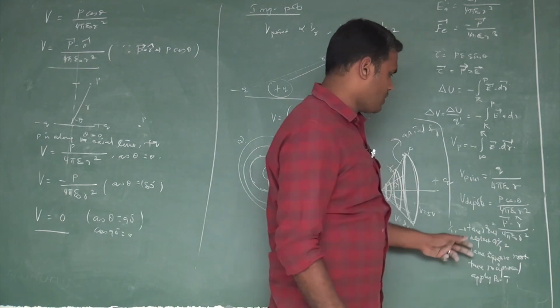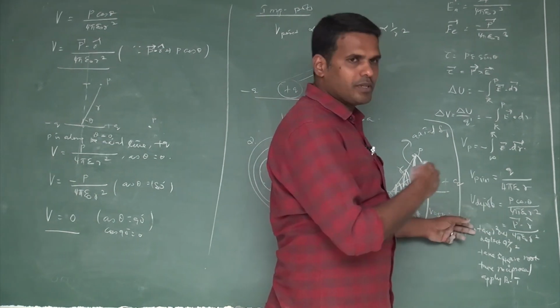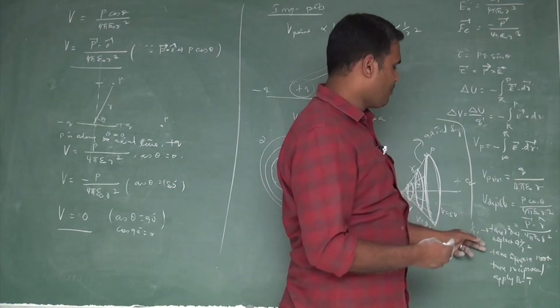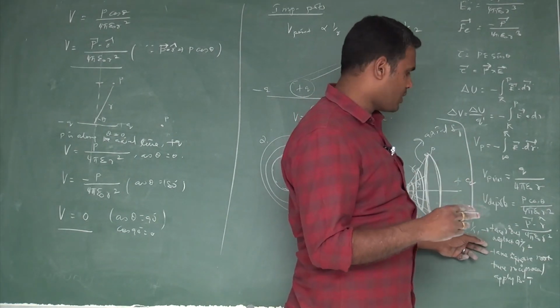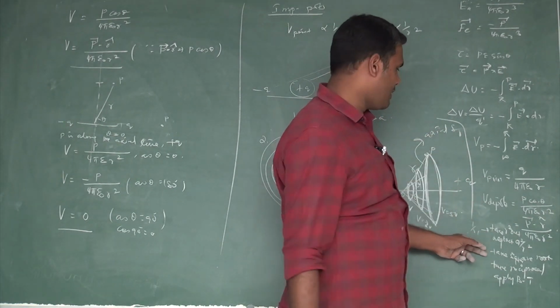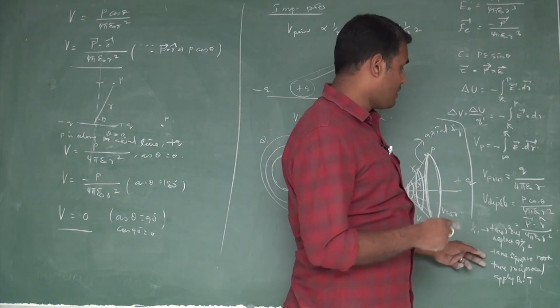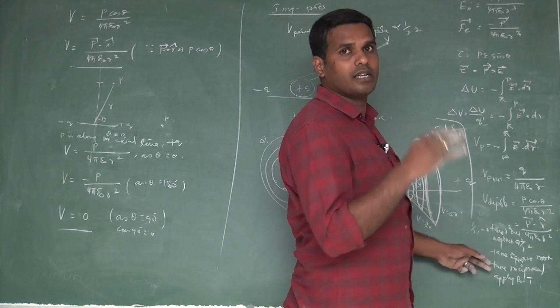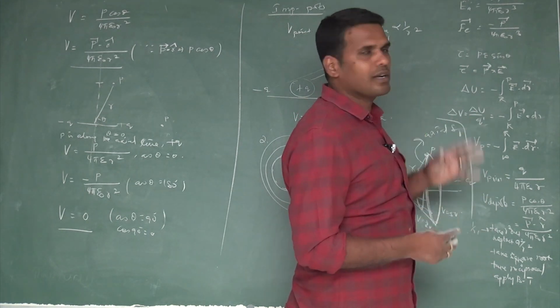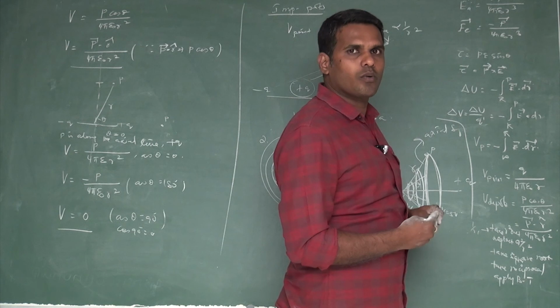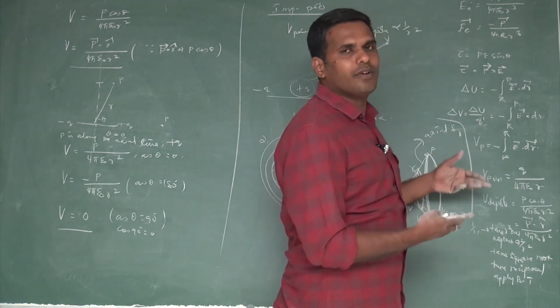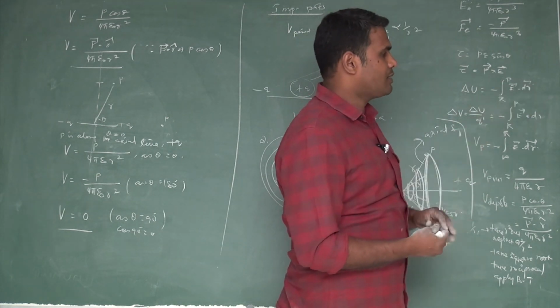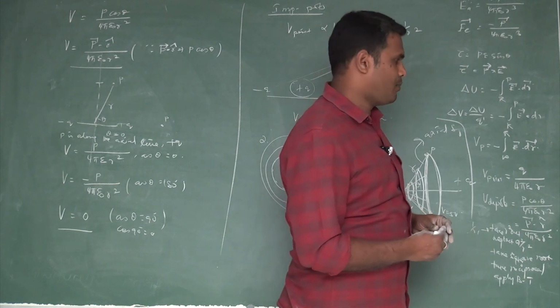This is a sequence. You take r square out from the cosine law and then neglect a square by r square by applying the condition r is much greater than a, and then take square root for it and then take reciprocal of it and then apply binomial theorem and neglect higher powers, retain the first term. So that you will get the value of 1 by r1 and 1 by r2. The easy way to proceed to the result of potential at a point due to a dipole.